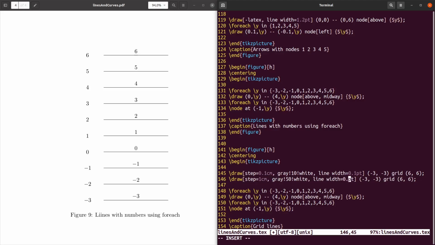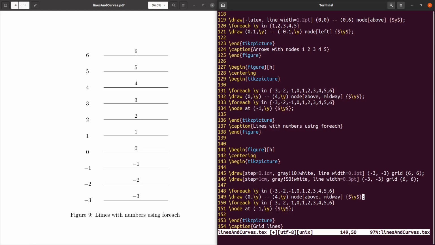Line width, let's make 0.3. So we are making major lines, like putting them in each 1 centimeter, and we are making some minor grid lines, putting them at each 0.1